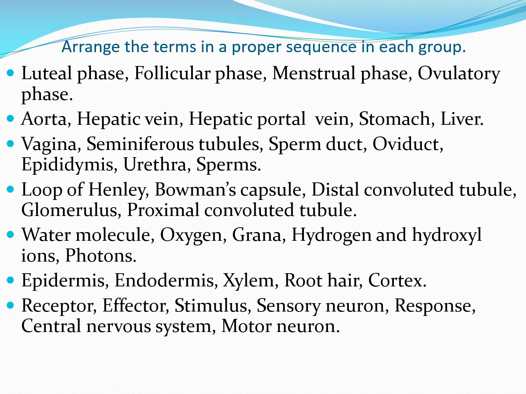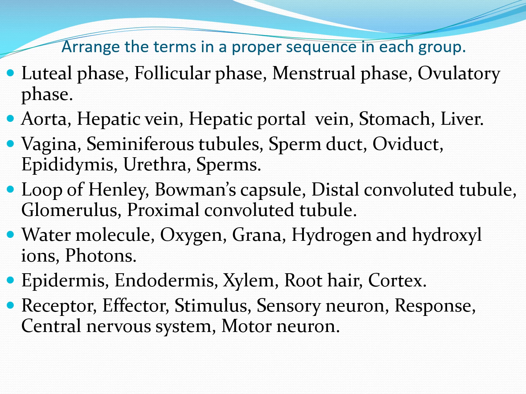Next, receptor, effector, stimulus, sensory neuron, response, central nervous system, motor neuron. It shows the pathway of reflex arc. Actually, any physical parameter which acts on the body is considered as stimulus, which should be received by receptor, and it generates an electric potential that is carried by sensory neuron. Sensory neuron carries that information to central nervous system. It will analyze and send a response. That response is carried by motor neuron. Motor neuron supplies that response to effector organ, and effector organ will exhibit the work.